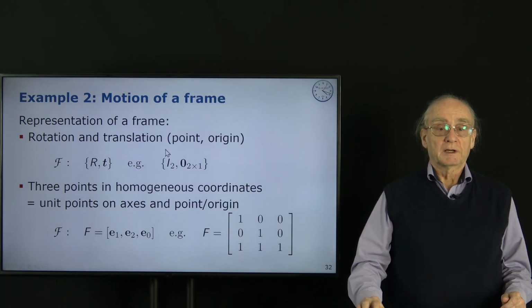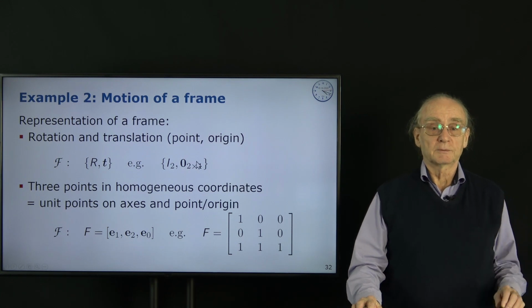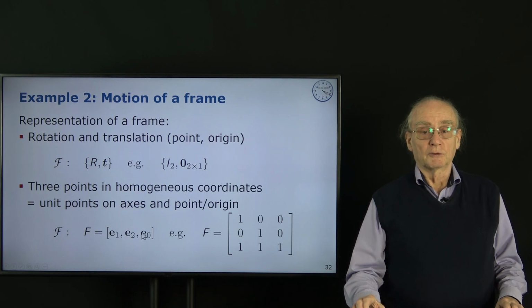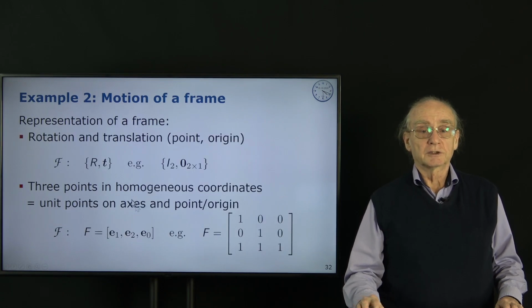So let's assume we have a frame. We describe it by some rotation and some translation. We could also include a scale, which I don't do at the moment. Or we could say the frame consists of 3 points, as we saw here. So we have the origin and the 2 unit vectors in x and y direction. So in general, we have some rotation matrix and translation vector, but here we would have no rotation and no